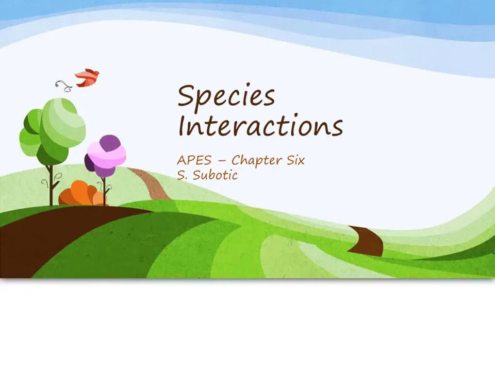Alright, so this video is going to cover part of Chapter 6 in the Friedland Environmental Science for the AP book. Specifically, we're going to be talking about species interactions, and if you're following along in your textbook, this can be found on page 161 to page 165. So I'm going to be referencing some things in there as well, so it'd be good if you have your textbook open.